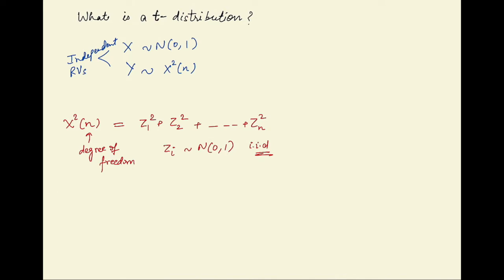So in this case, when X is normally distributed with mean 0 and standard deviation of 1, and Y is chi-square distributed with n degrees of freedom, then the random variable X upon root Y by n, whatever the distribution of this random variable is, we call it a t-distributed random variable with n degrees of freedom. So basically the t-distribution looks like this. It is a symmetric distribution,